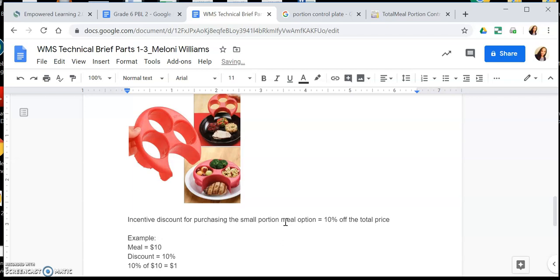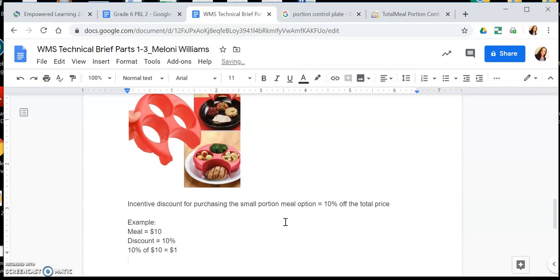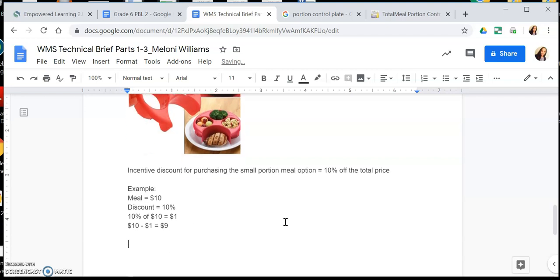That means they'll get $1 off of their meal, so they will pay $9 for a meal. $10 minus $1 equals $9. So a customer who chooses the smaller portion meal will pay $9,